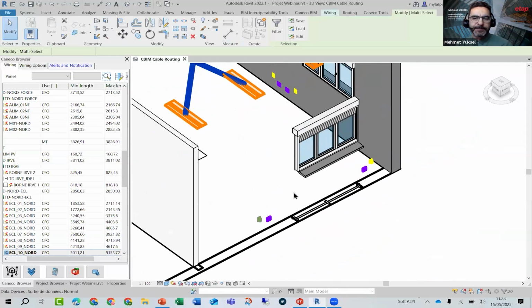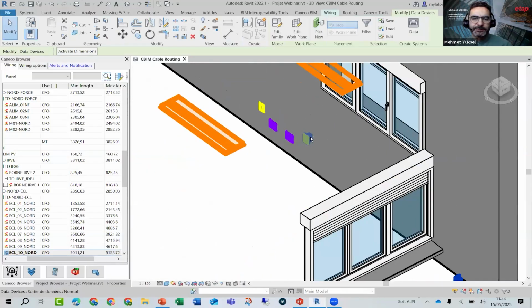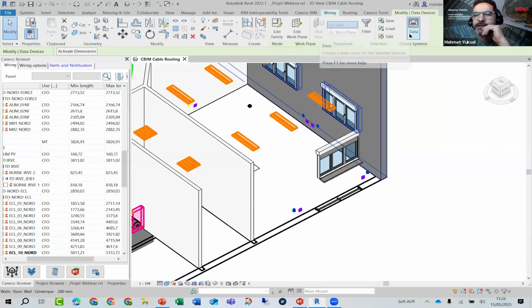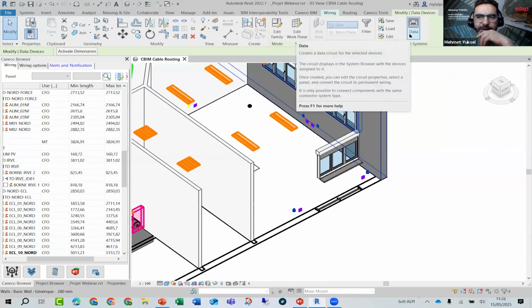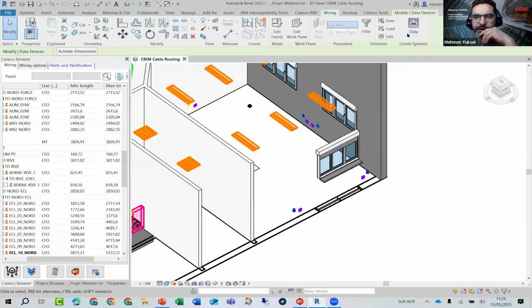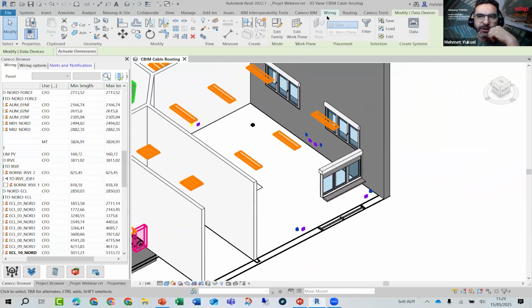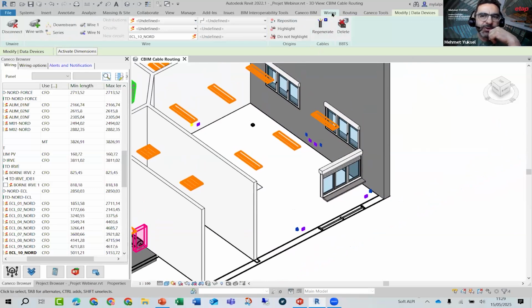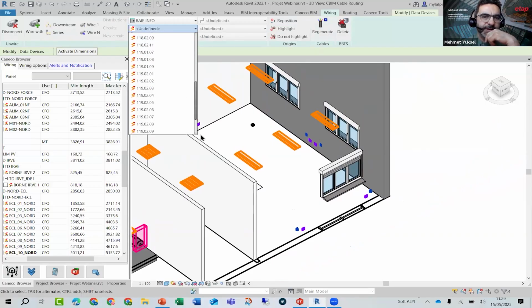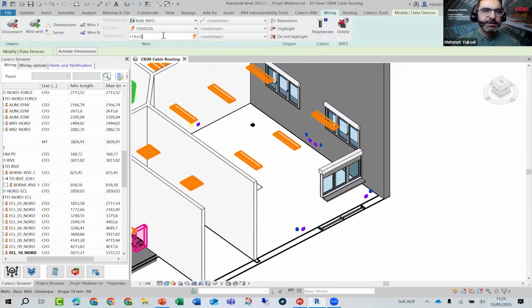One second part here, I have still in the same room IT sockets here in yellow. Let's select them. After that, I can still create a data system in Revit, but this is not what we would like to do, because if I click here, it will create one single circuit, cabling all of the sockets in series. This is not what we want to have. Instead of that, we will still be using the wiring tool of Caneco BIM. Select my IT panel, see the address that we have in this panel. Let's select this one and start a new one,